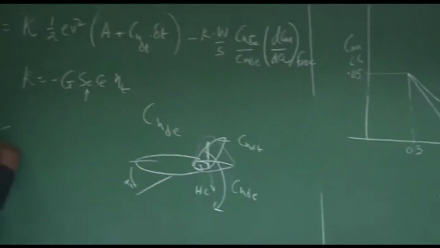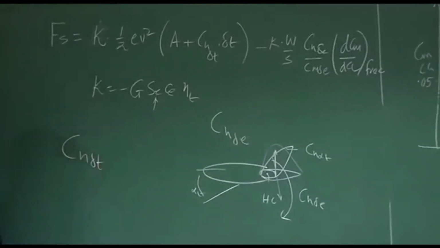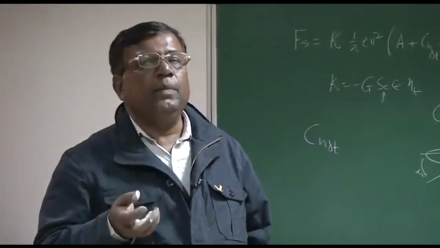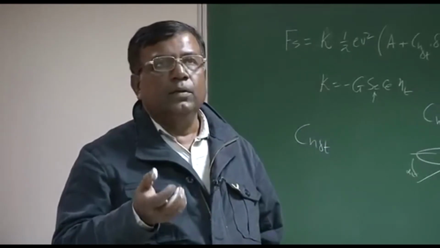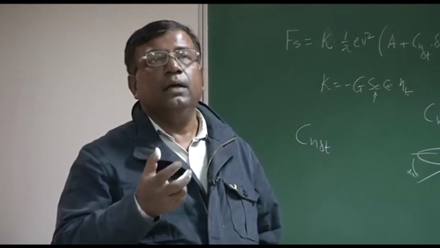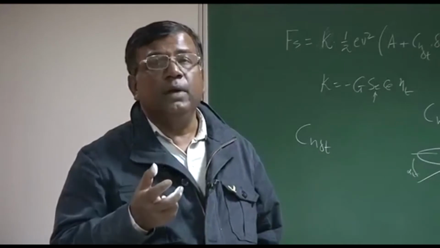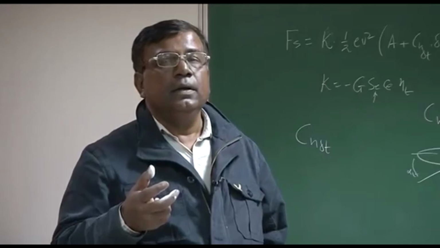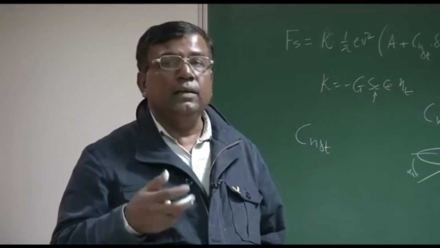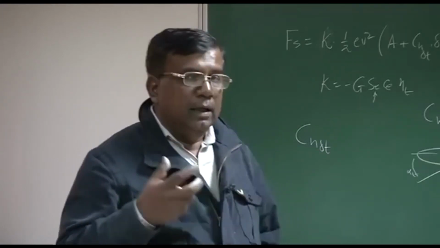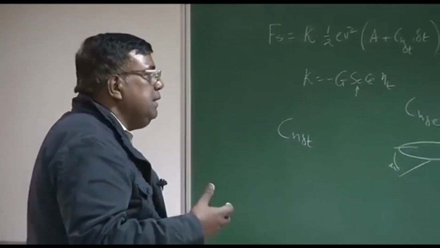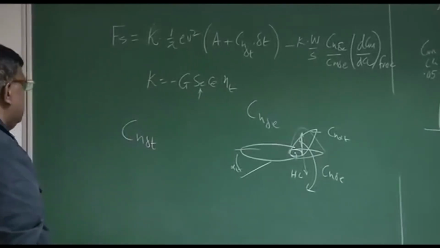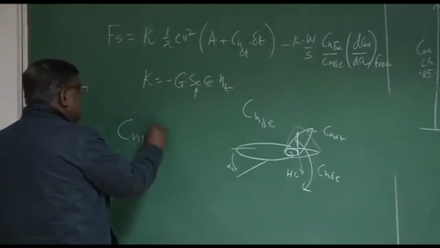Let's also understand CH delta T. It is always a good idea, whenever a problem is given during the training period, for every parameter number you see, to ask what is this? What should be its sign? What should be its magnitude? Why, and what influence could it cause, or how can it influence the whole airplane? If you start doing it like this, you will develop a feel for these numbers and you will do justice to this subject. So let us see what is CH delta T.